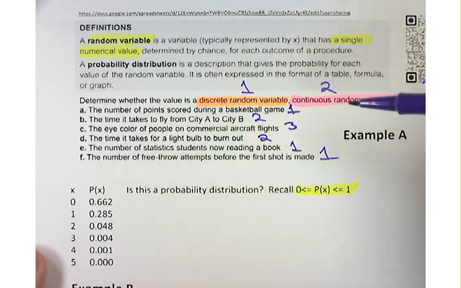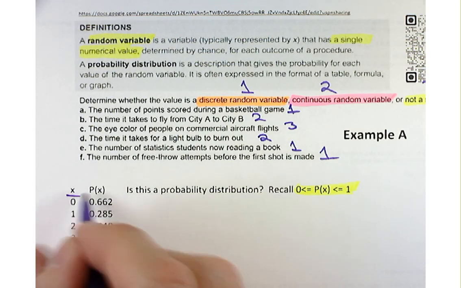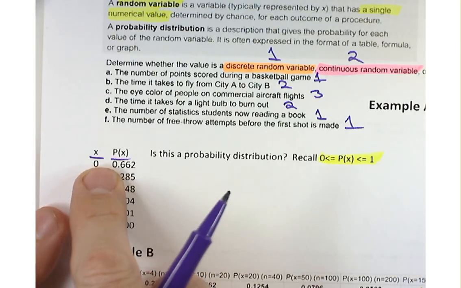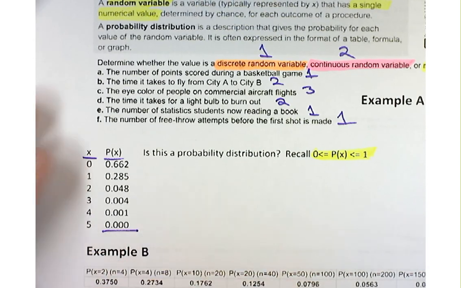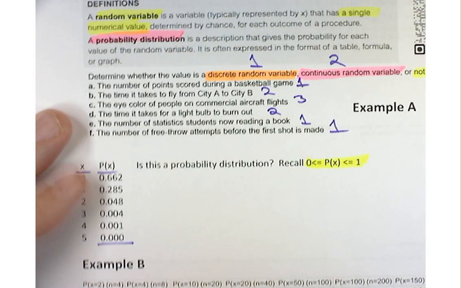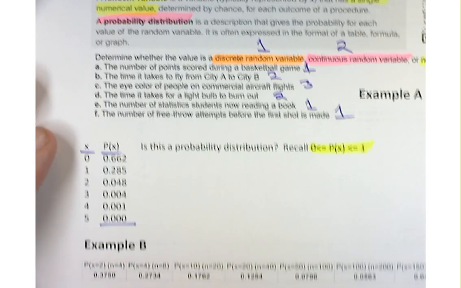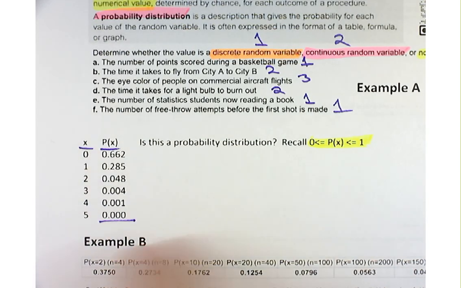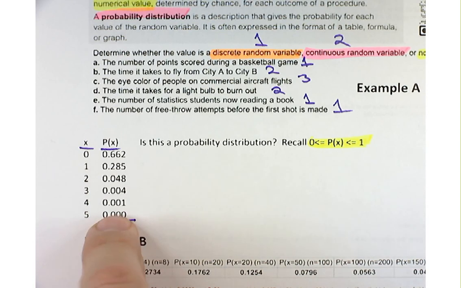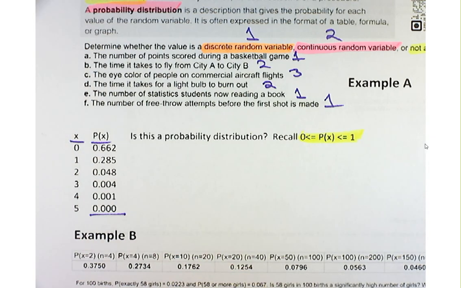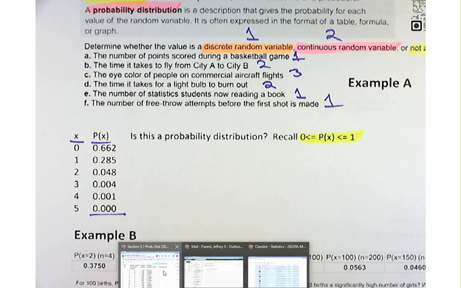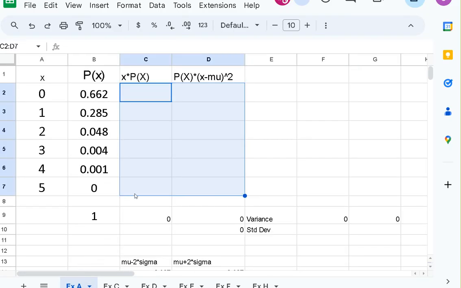Now within this framework, a lot of times you'll have an experiment. These could be the outcomes of your experiment. Here are the associated probabilities of that experiment. If this is going to be what's called a probability distribution, then the sum of these probabilities has to be 1. This has to total up to 1, meaning it's certain that something will happen that's in here. So this is where we're going to switch over to Google Sheets. Take a look and see if some of that sums up to 1. So that's example A here.